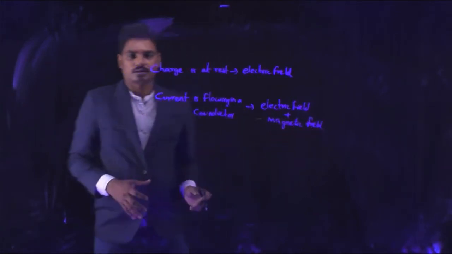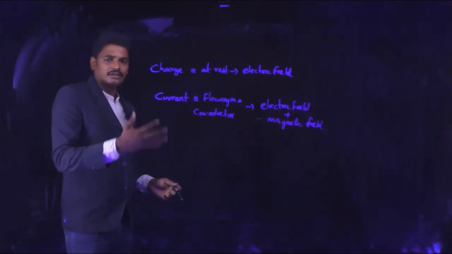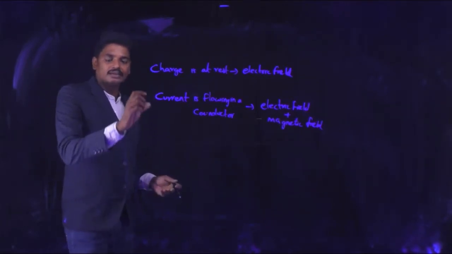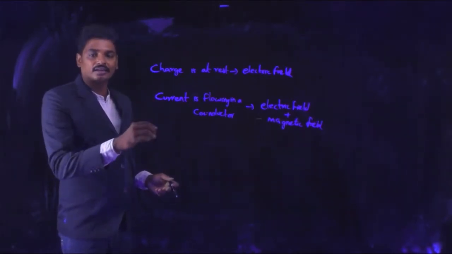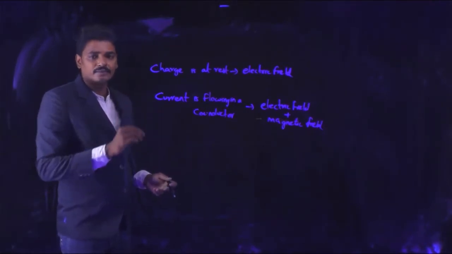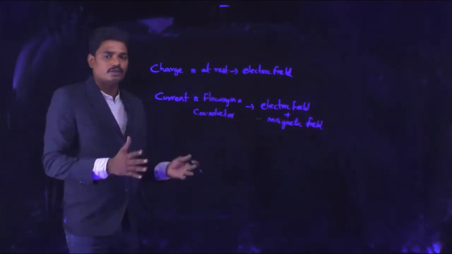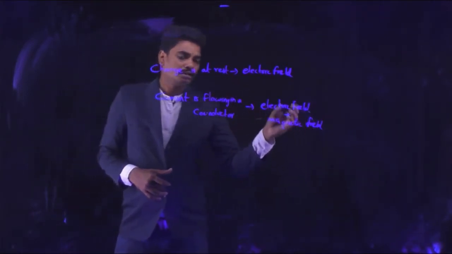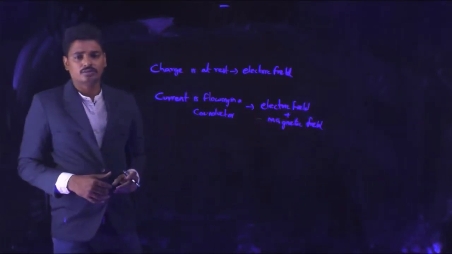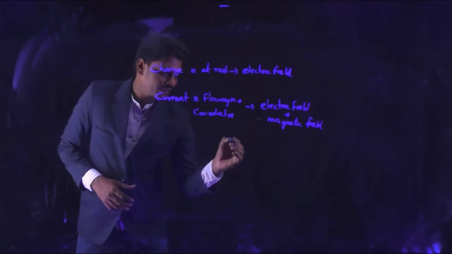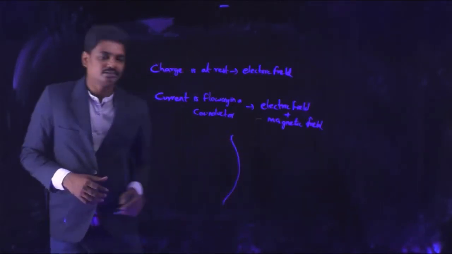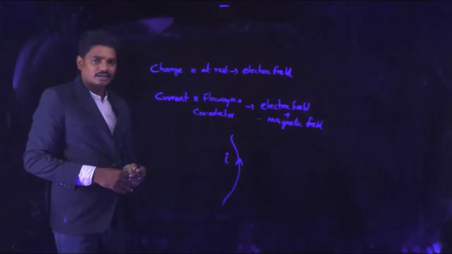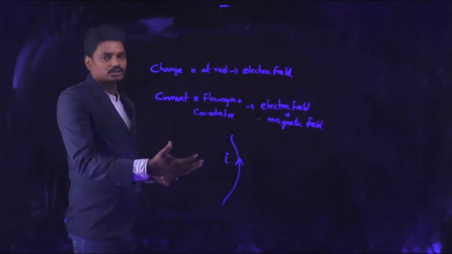After Oersted conducted his experiment, as we discussed in our previous videos, whenever a magnetic needle is placed near a current carrying conductor, there is some deflection, from which we came to know that whenever current is flowing inside a conductor, there is an electric field and also a magnetic field. So consider a conductor like this, in which a current I is flowing; there is an electric field and also a magnetic field.